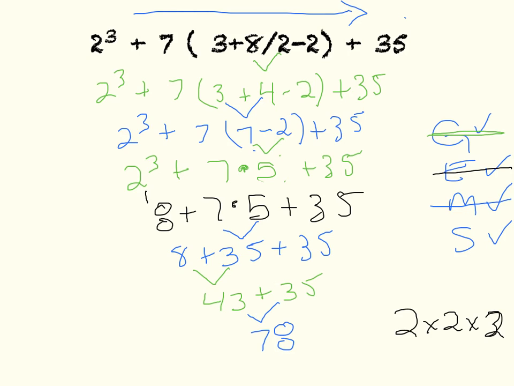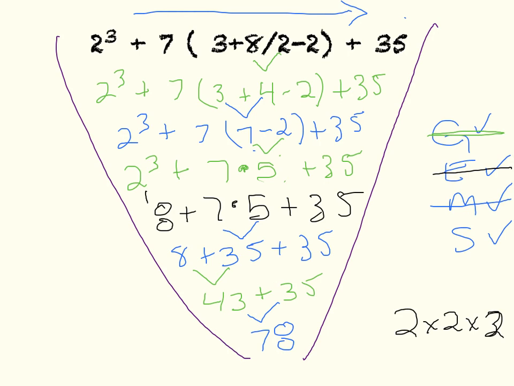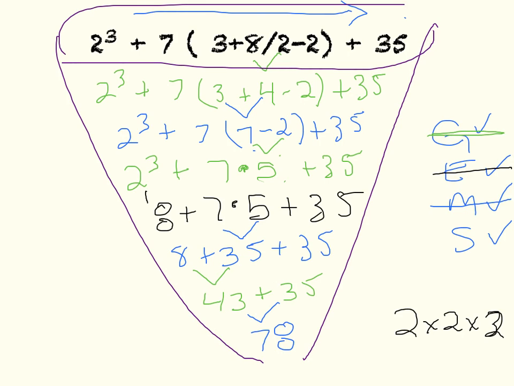I can see that by doing this problem, it almost looks like a slice of pizza, because I can bring it down to almost a diamond, or some people say it almost looks like a top of a gemstone, hence the name GEMS. So if I do my order of operations, solving a problem using order of operations and using GEMS, my GEMS,